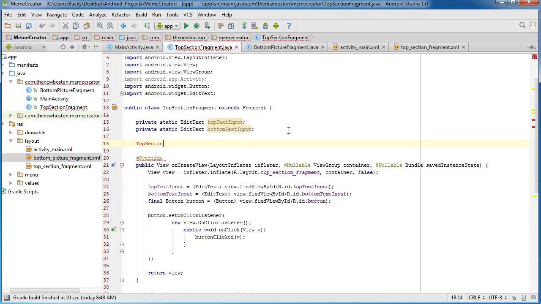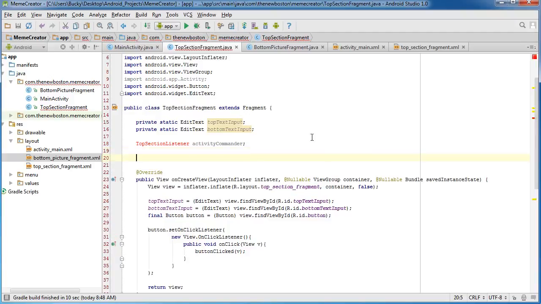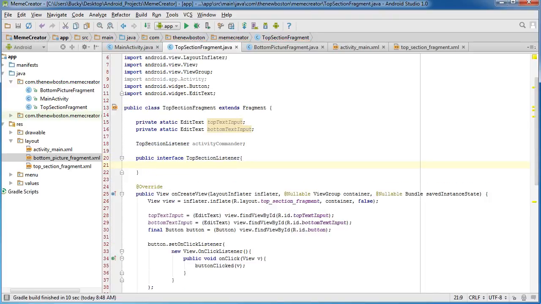So I'm just going to name my top section listener. Activity commander is the name of the interface object. And of course, since we said we're going to create an interface named top section listener, let's go ahead and do that right now. So public interface top section listener, and of course what we need to do is say, okay, this interface is going to be implemented by main activity,